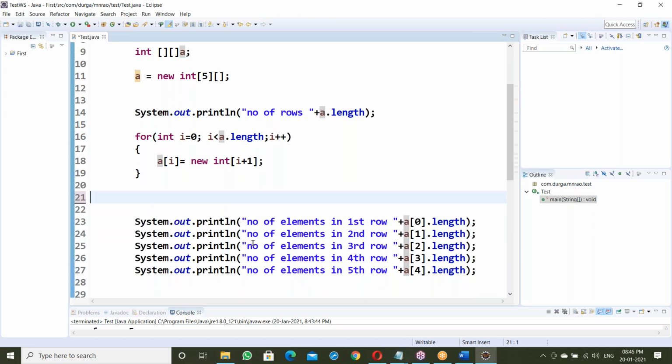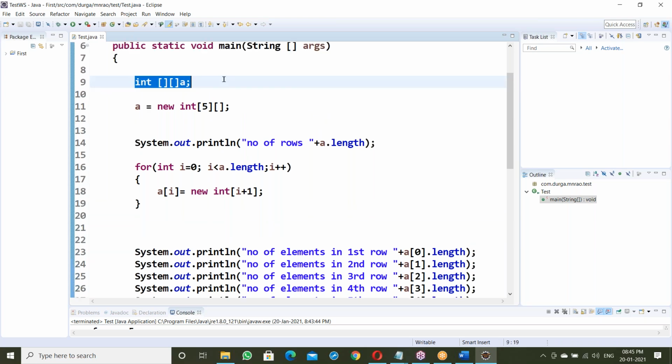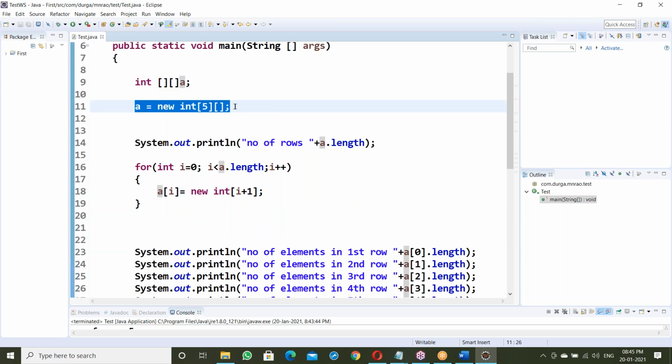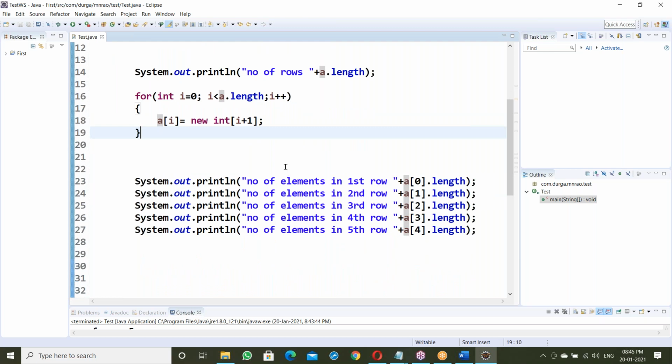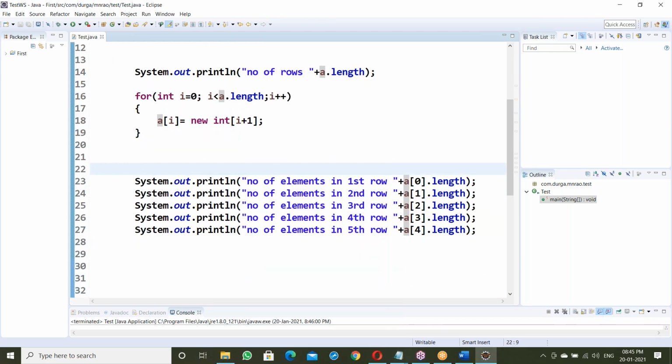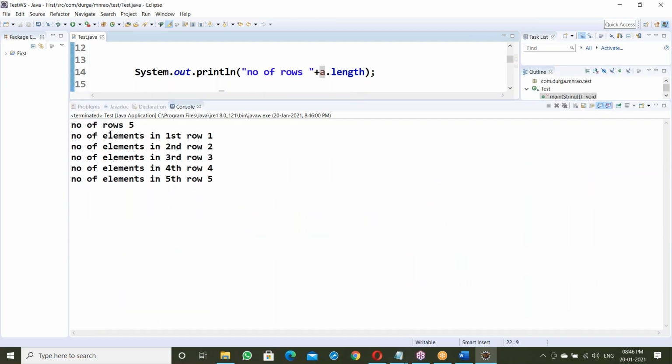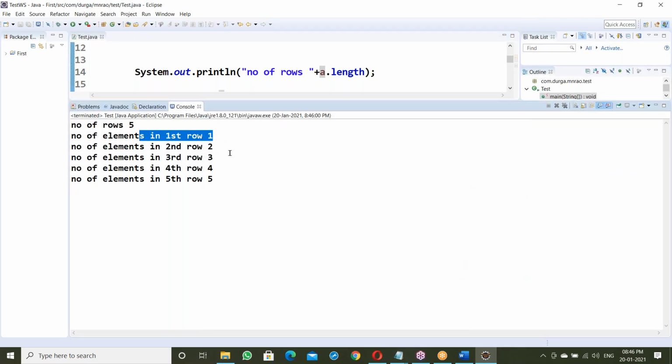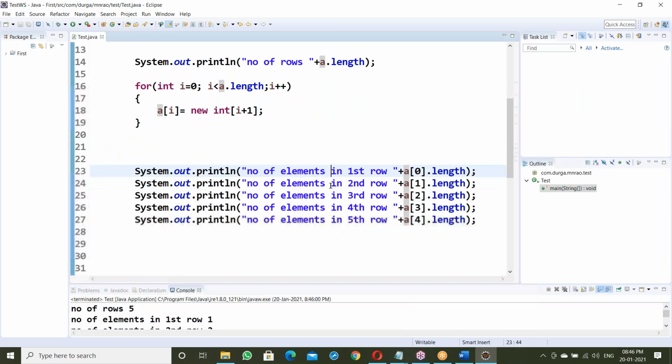Let us remove this. Now this is memory allocated using a for loop. So first the array declaration, next the references: 5 references declared here. Next, using a for loop, memory is allocated for all the rows. Now check it, run it here. Is our logic correct or not? See that? First row 1, second row 2, third row 3, fourth row 4. That's it. Our logic is right. Okay, fine.